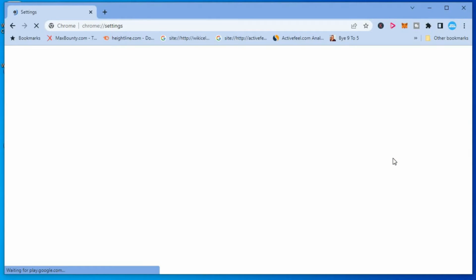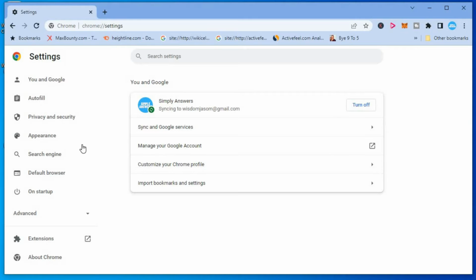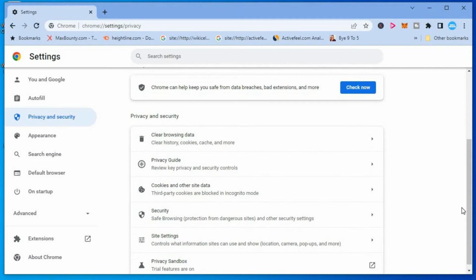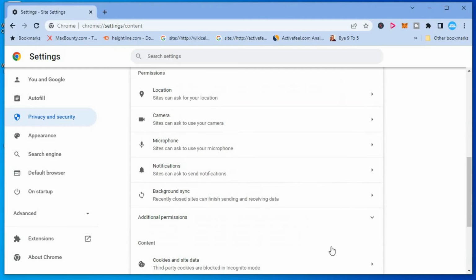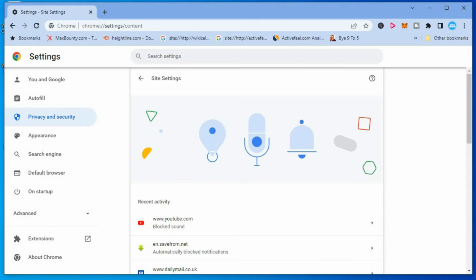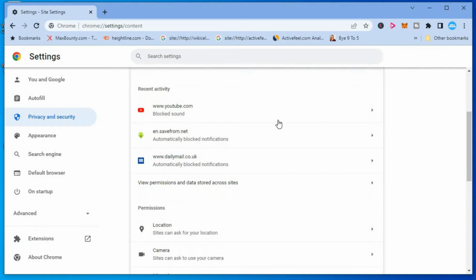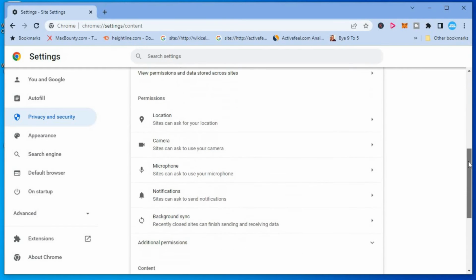Once in Settings, you're going to go over to the left hand corner and you're going to tap on Privacy and Security. Then you're going to scroll down a bit and you're going to tap on Site Settings right here. Then you're going to scroll down and you can see YouTube block sound. You could unblock it right here by tapping on it, or you can simply scroll down